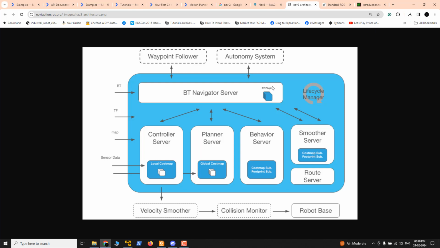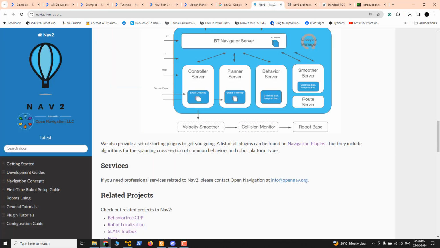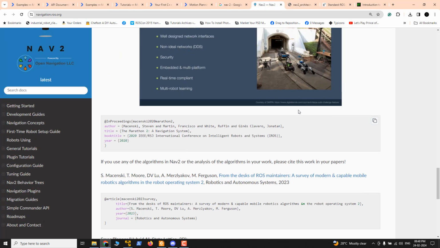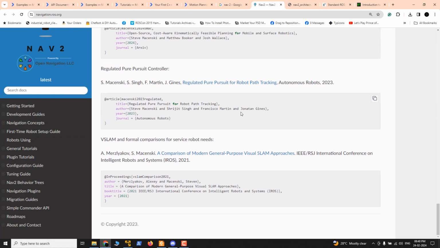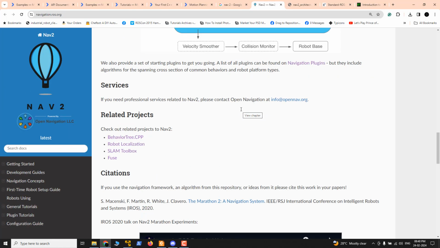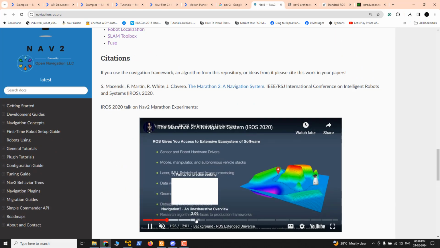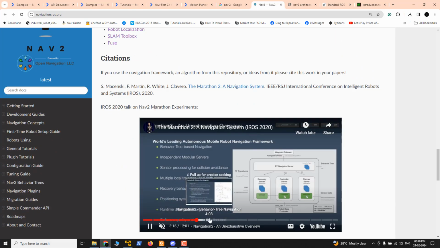Okay, but not in Nav1. Okay, so there are multiple features in navigation stack 2. So I'm just giving an abstract of this. There is a video. The author of Nav2 is Steve Macenski. So he is mentioning